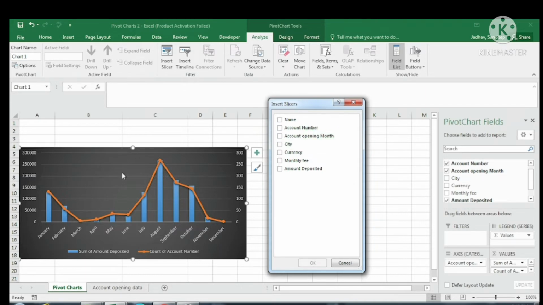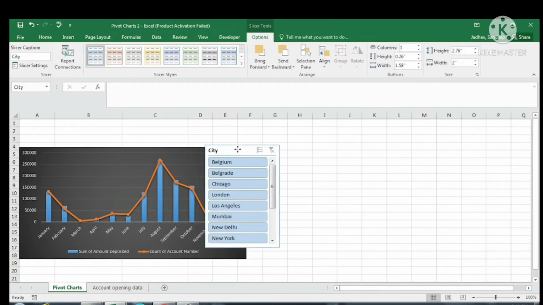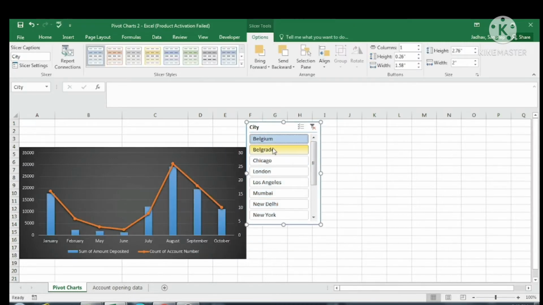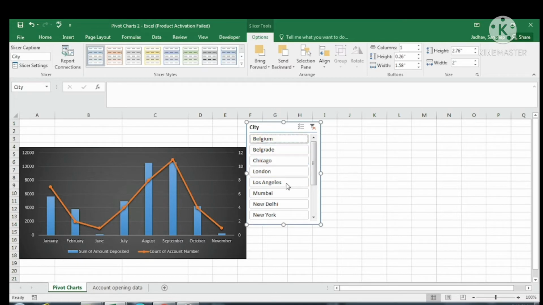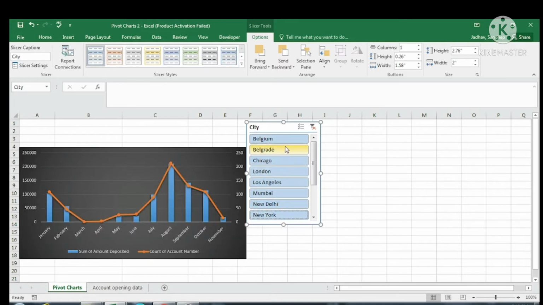So whenever I filter that data on that particular city, it should be shown. So I want this slicer to be created on city, and then I will say OK. Now this slicer button has been created. So if I click on this city, you can see that the data is changing, but I want to represent